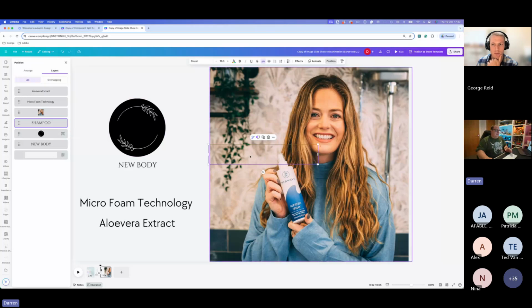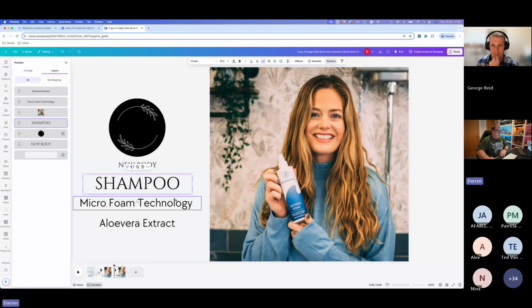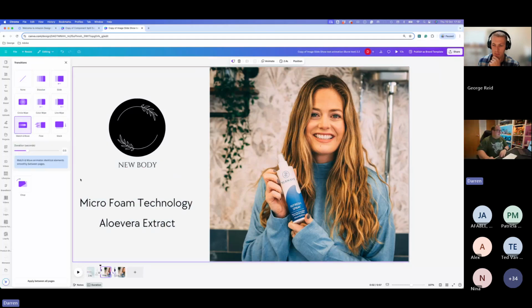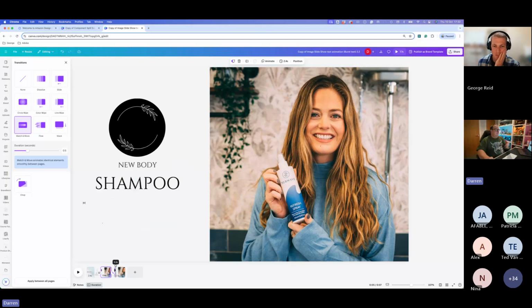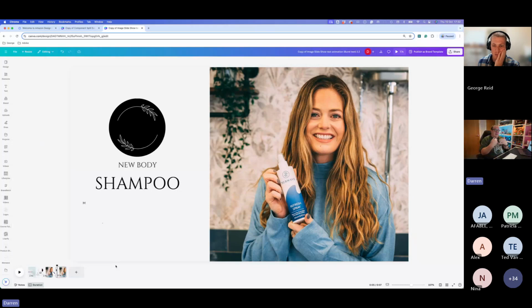So if I showed you that quickly, if I just quickly duplicated this page, this is unplanned training that I just thought about here that's hopefully helping. So what we've got now is that shampoo on there. And what we can do on this page is say, well, actually, we want to bring that in over here. Okay. And we'd then click on the transition and add in the match and move. And you can see now that the shampoo looks like it floats in from behind the image. So that's how the match and move element works. Hopefully I've not overcomplicated that for you.